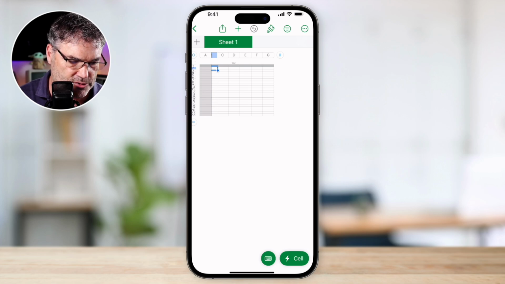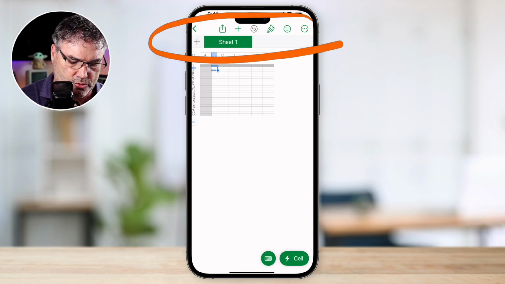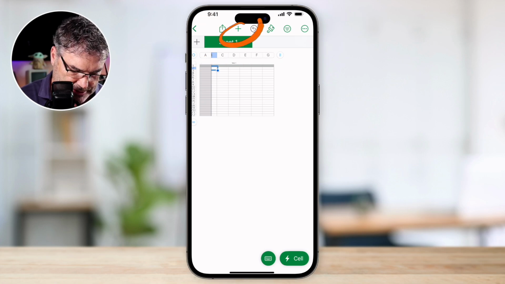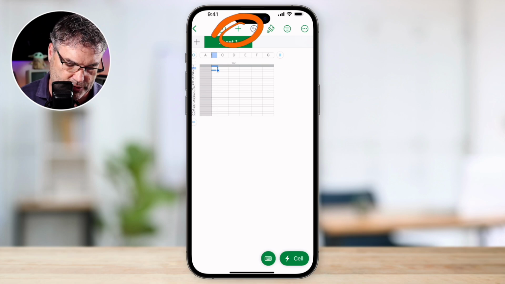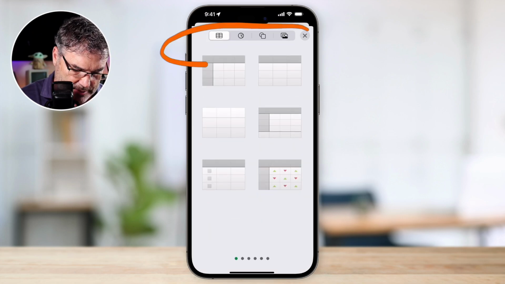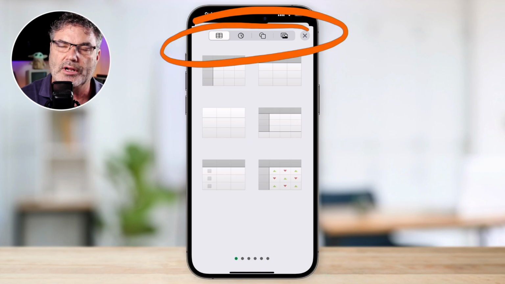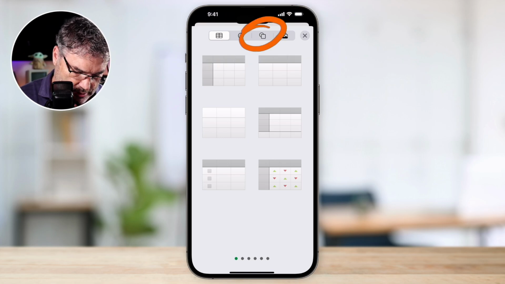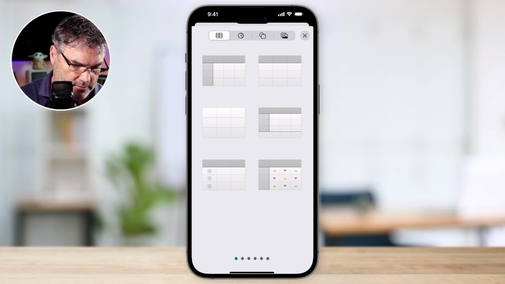To add more objects, what we do is we go up to the top toolbar here. And you're going to see that we have a plus. This is where we go and add objects. So when I tap on this, what I'm able to do is add tables, charts, as well as shapes, and I can also add images. Where do I add text? Text is under shapes. If I tap on shapes here, you're going to see that I have an option for